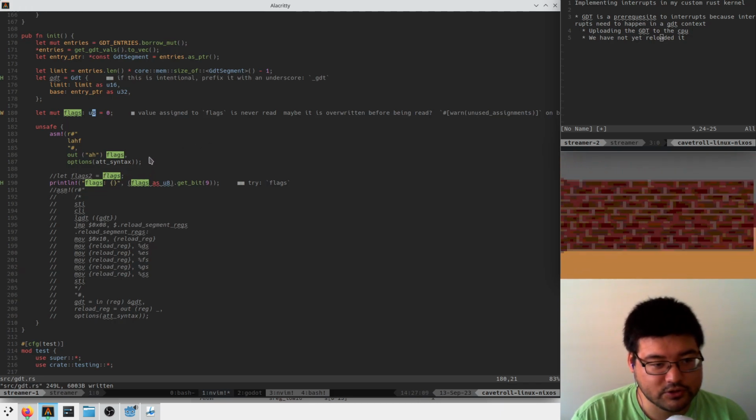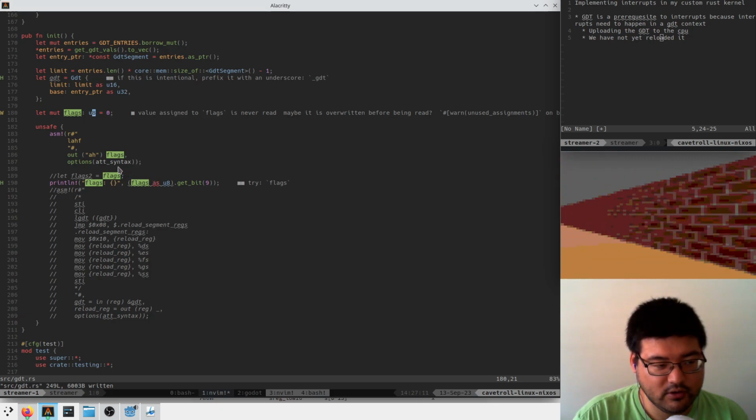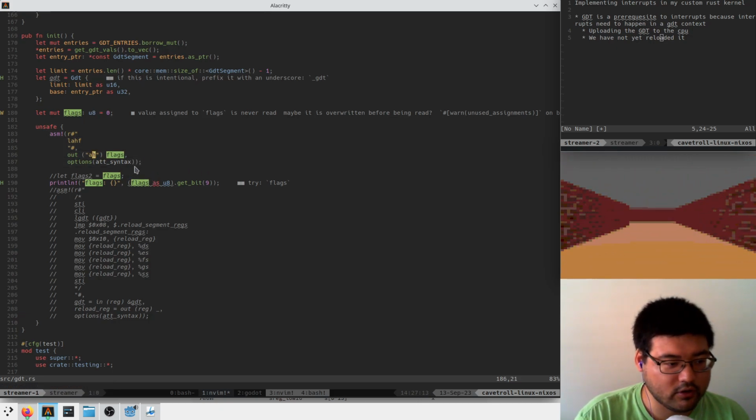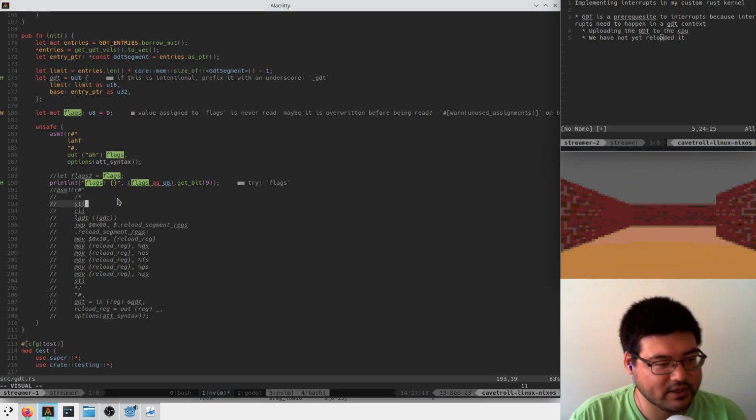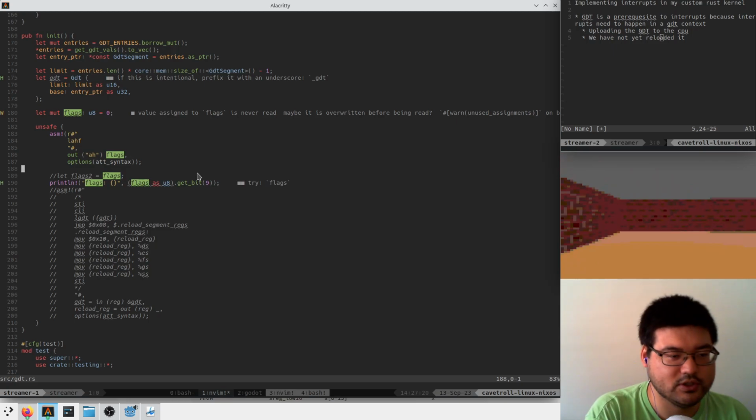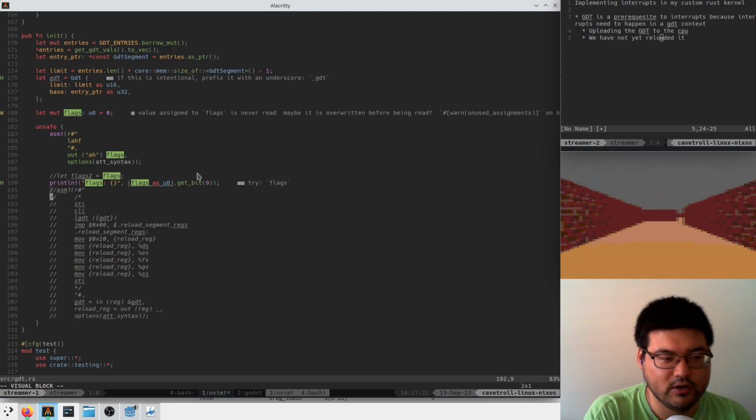We're trying to understand why our current OS, if I enable interrupts with this like STI command, my machine just like crashes. I'm trying to understand why. So